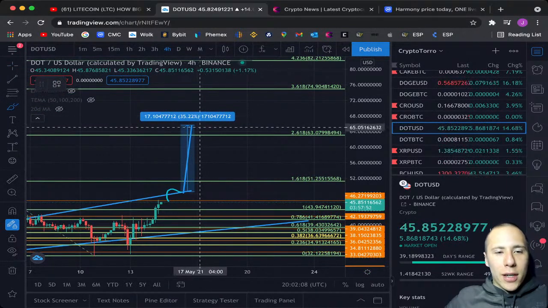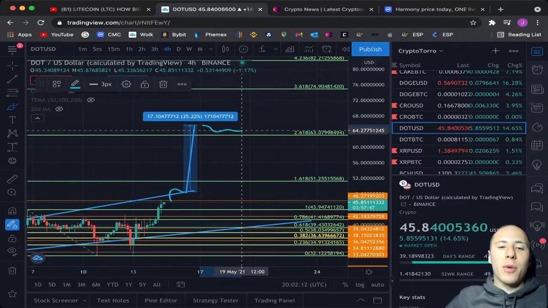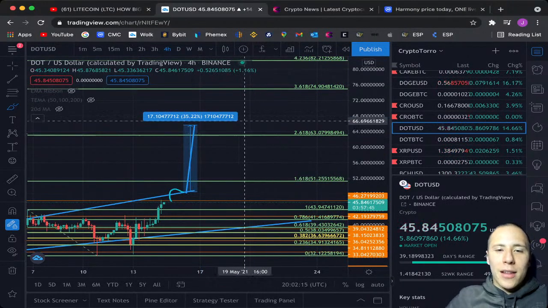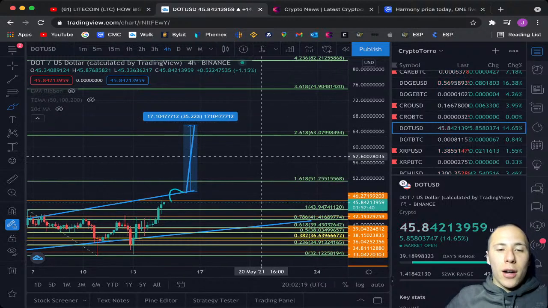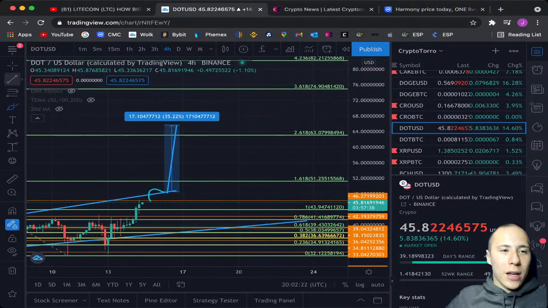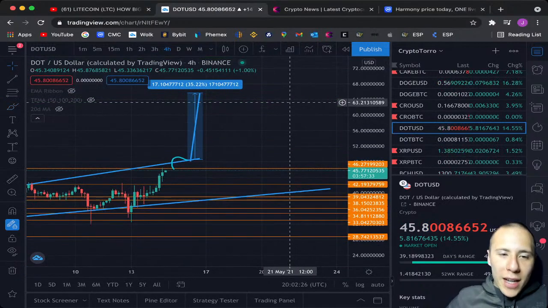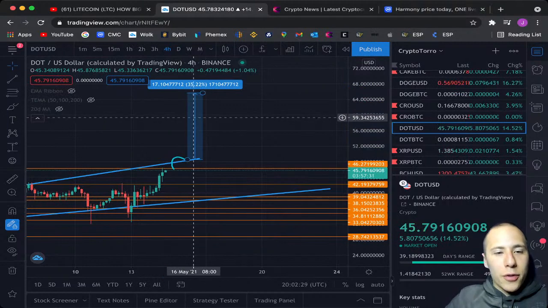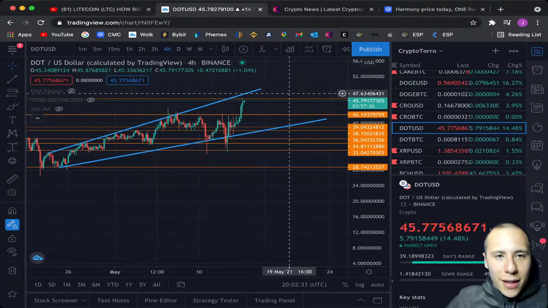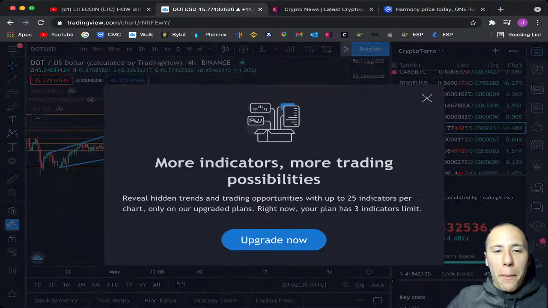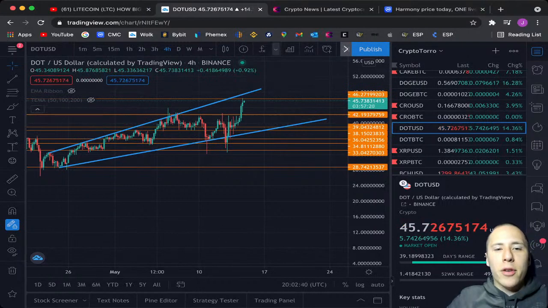And if Polkadot finds support on this 2.618 Fibonacci level, I think that we will be trading just for a while at the $63 where this pump is bringing us towards. And I will be removing the Fibonacci levels and as well the few drawings that I made, and I will go back and place the relative strength index to just make sure we are not missing anything for the current moment. And I will be removing the 20-day moving average.